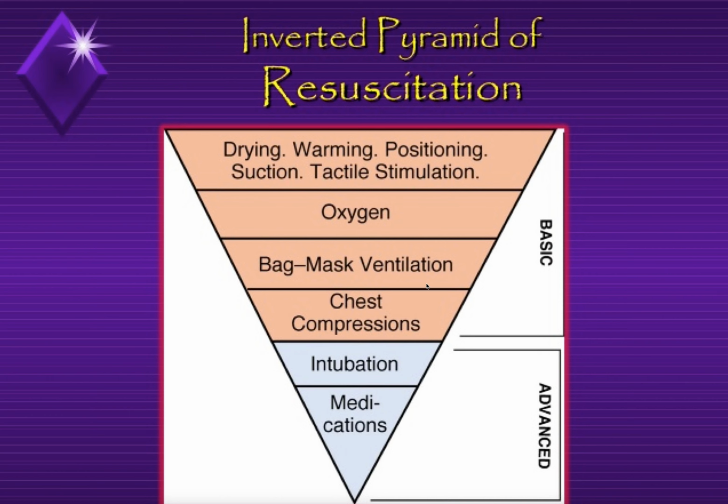Now, this pyramid is in reverse. They basically are saying there's a lot more to do at the beginning of any resuscitation, and it's for a pediatric case, and really this is almost for a newborn. But we're looking at this reverse triangle here, doing what probably seems simple. So we're drying, warming, and positioning. It's suction if the patient is